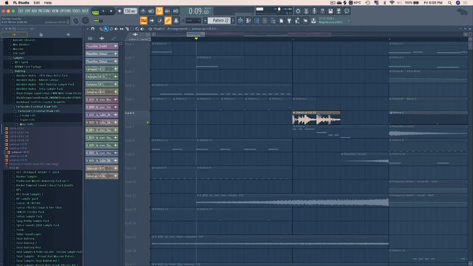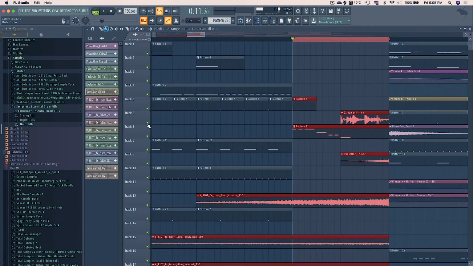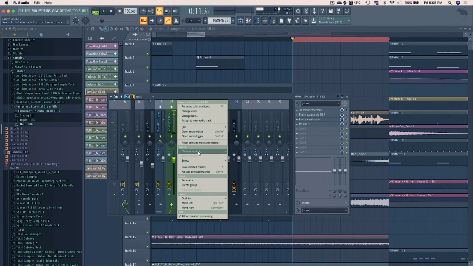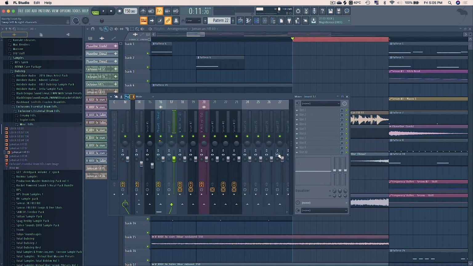So let's just adjust this to our liking. I'm gonna loop this part here just to hear in context. So I don't like that, it sounds like that. So I'm just gonna select this part here like we have. And what I'm gonna do is delete everything that is here and start from scratch, explaining the things I am adding into the